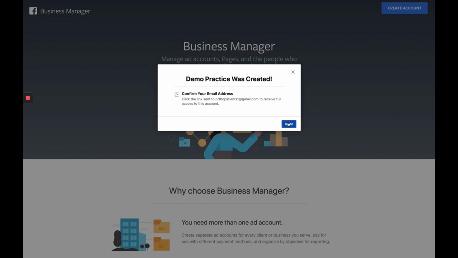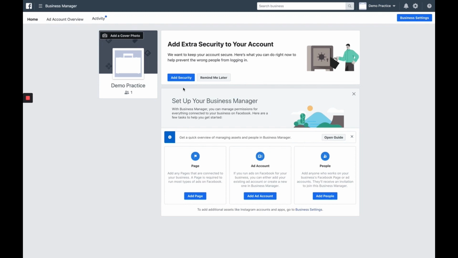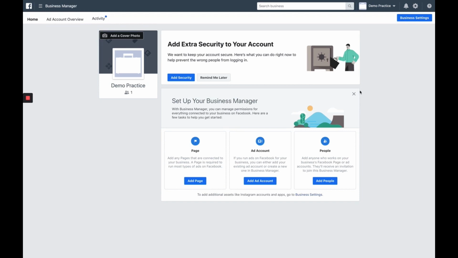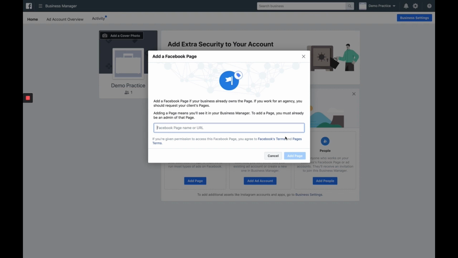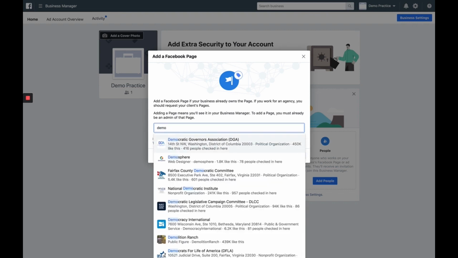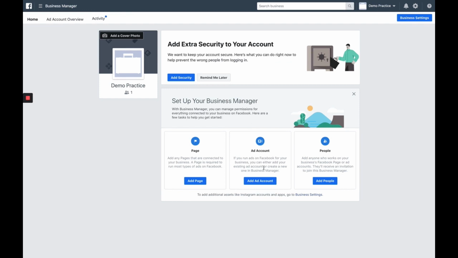So then it's going to ask you to confirm your email address. You can go in and do that later. So once you come in, you're going to have a page that looks just like this, and you need to add 3 things to it. Here on this set up your business manager part, you're going to come to add page, and you're going to add a page you own, and then you'll type in the name of your practice. Let's say demo practice. I don't think there's any,